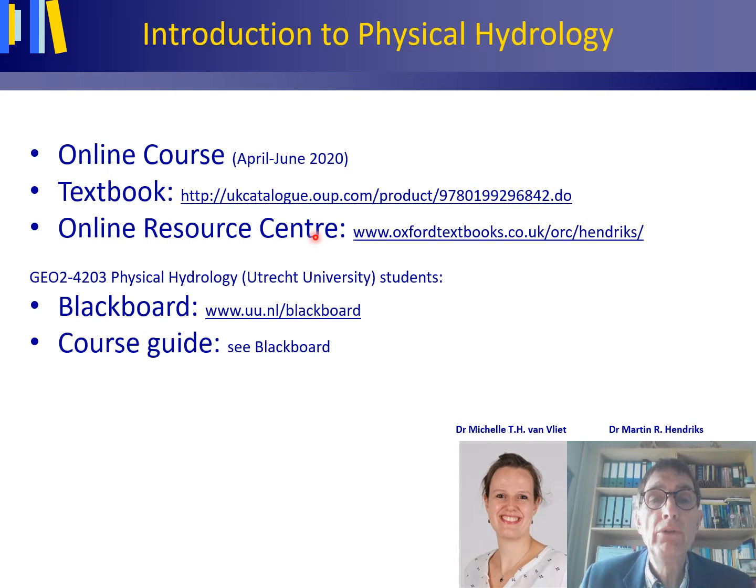There is also an online resource center, which is sometimes called the companion website, and you'll find it at the Oxford University Press site, and the URL is given here. It gives you heaps of interesting information. The errata, the foutjes, vergissingen of the latest print are documented there. There is a selection of multiple choice questions for chapters 2 to 5. Also included is feedback to help check your understanding of the key concepts covered in these multiple choice questions.